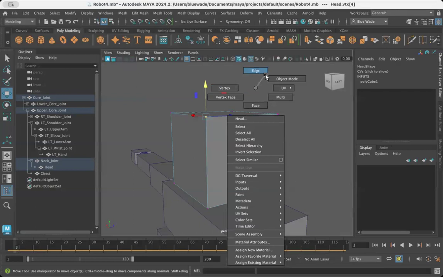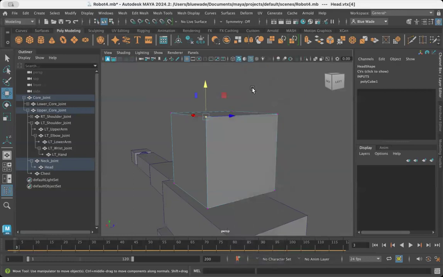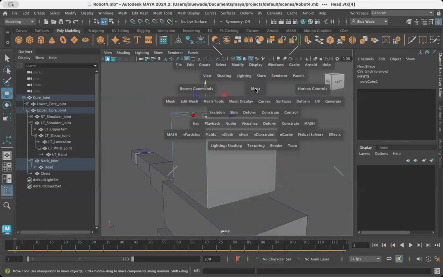Okay, and to get to these, I simply am right clicking on top of the object. And then Maya allows me to use any of these. Okay, so I'm right clicking to do that. I also want to show you, and you know how much I love showing people multiple ways of doing the same thing,